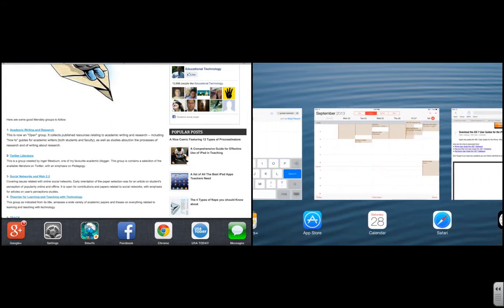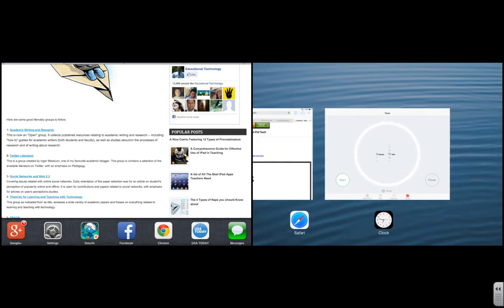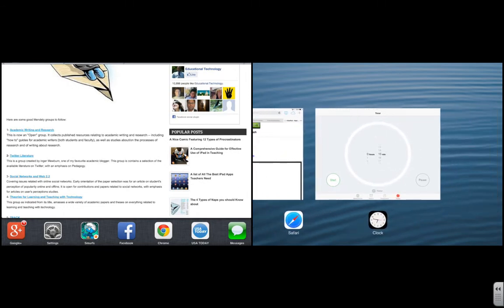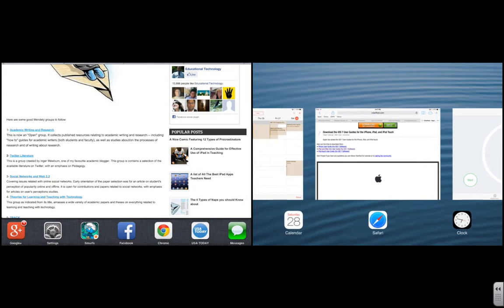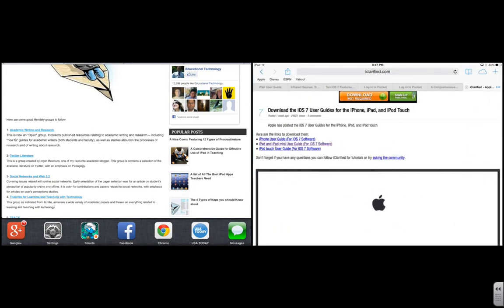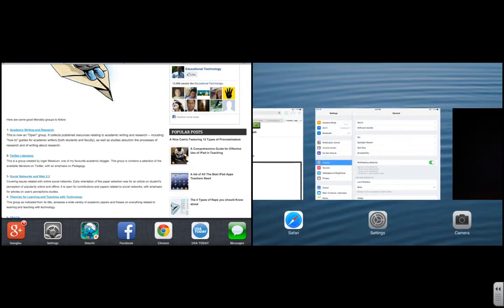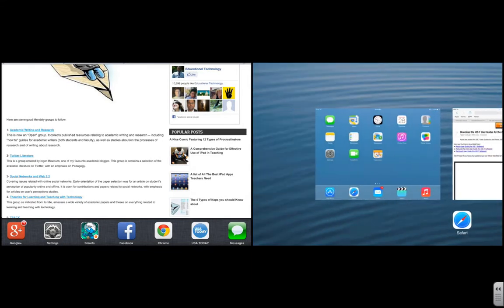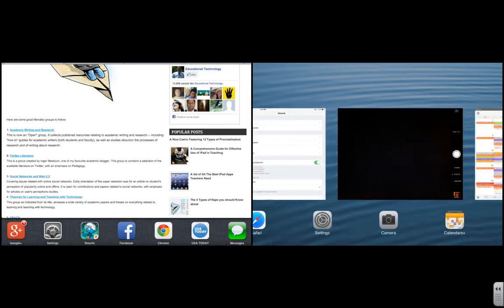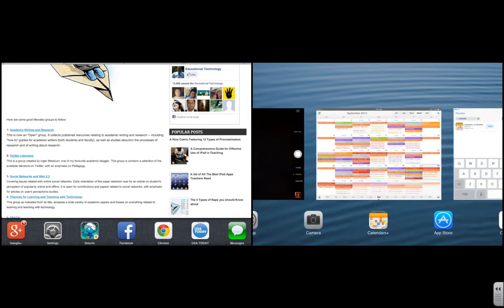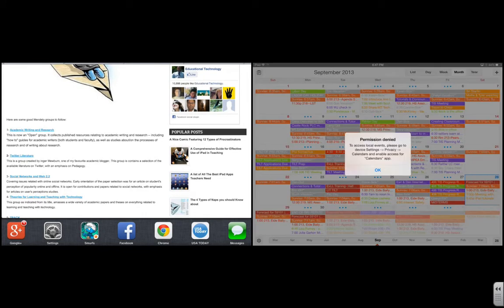I really like this because this is a super quick way to jump back and forth between apps that are open. So if I was in Safari, I can tap on Safari, and then if I wanted to jump to my calendar, I would multi-finger swipe up on that. Whoops, excuse me, I went the wrong way. And then I can just swipe to my calendar and tap on my calendar, and that will pull my calendar up as well. I think I really like this feature